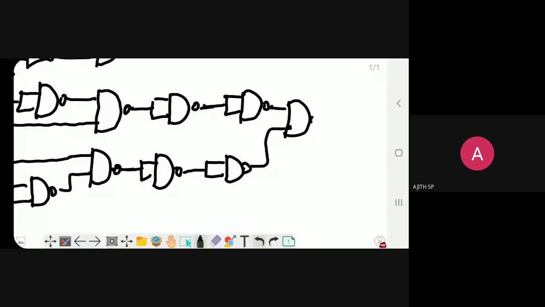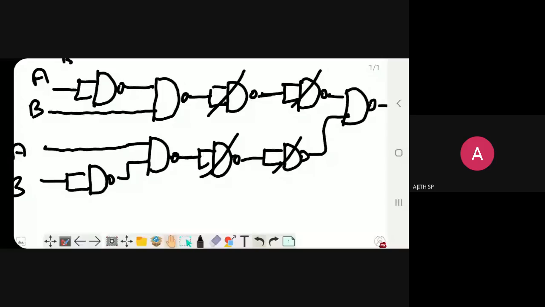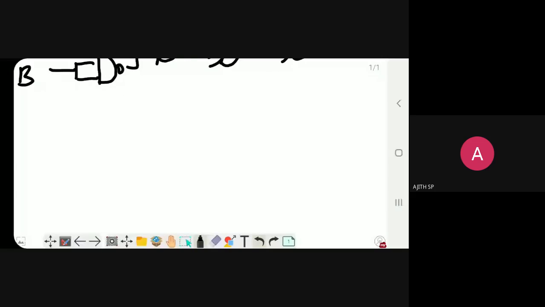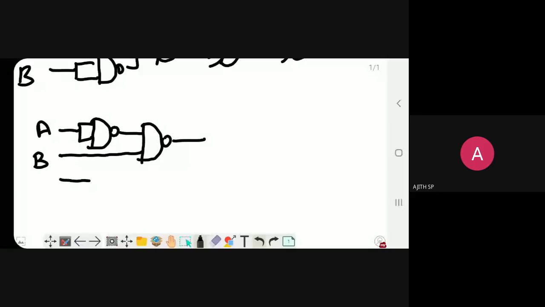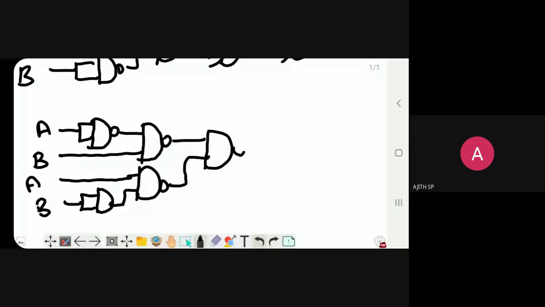So there is an immediate NOT gate and an immediate NOT gate, so I have cancelled them, and my simplified diagram is: this is A and this one is B, and again this is A. The next input is B, so I have complemented it. Okay, so this is the simplified diagram for the given expression using NAND gate.